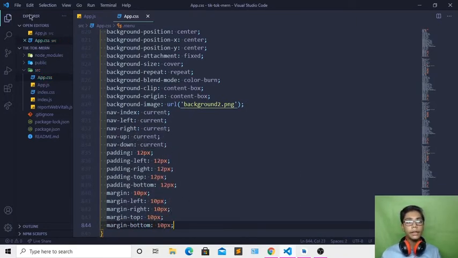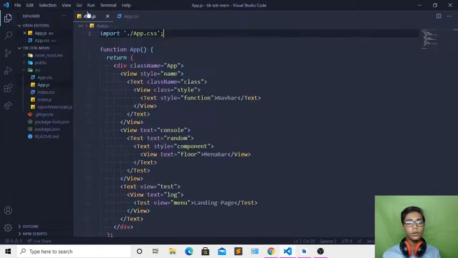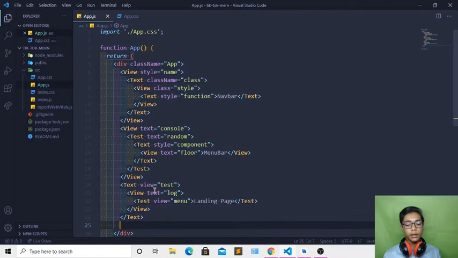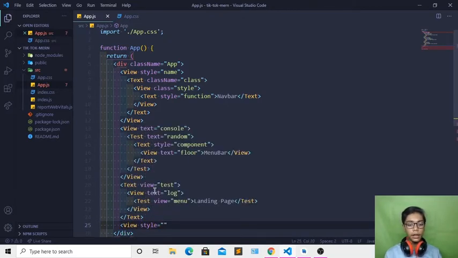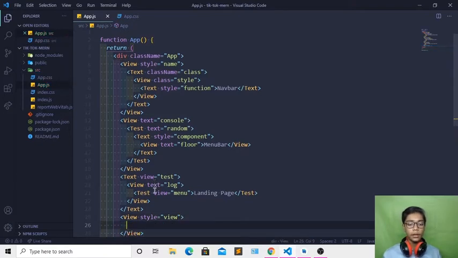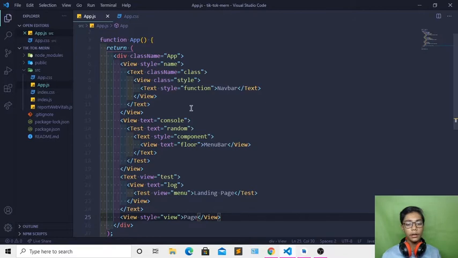Now when you've defined all that, I will just hit save, go to the app.js file, and here I will come underneath and create a view tag. In that I will create a style, and in that I will create a view again. Then you have to close this tag, come underneath, press backspace, and then here also, and here I will write page. Now when you've written that, I'll hit save and copy this view tag by pressing